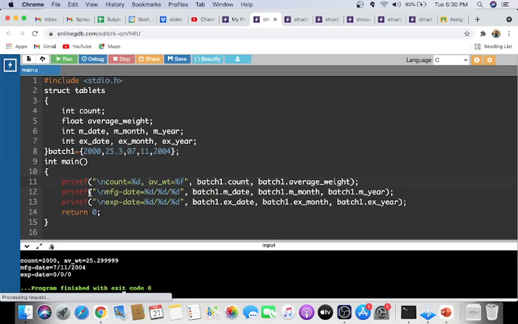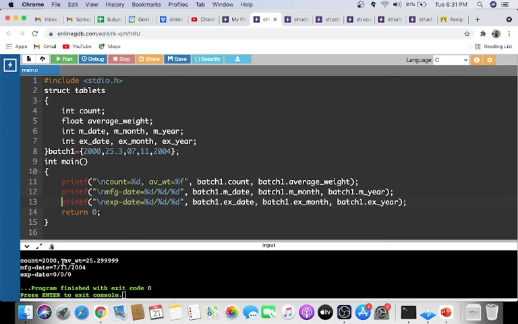Similarly, next when you printf manufacturing date, you are printing 3 %d, so 3 integer values should be printed. So they will be replaced by batch1 dot m date, batch1 dot m month, and batch1 dot m year. So we have given some values, and those values will be printed. The next is expiry date, %d %d %d, and here we are using batch1 dot x date, batch1 dot x month, and batch1 dot x year.